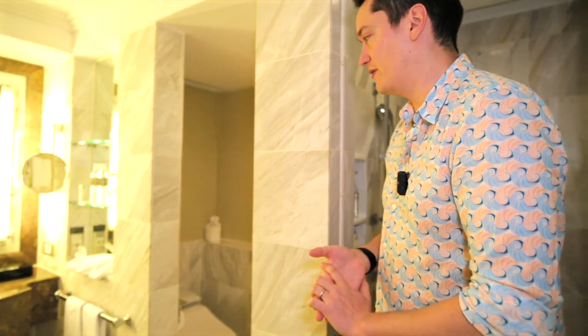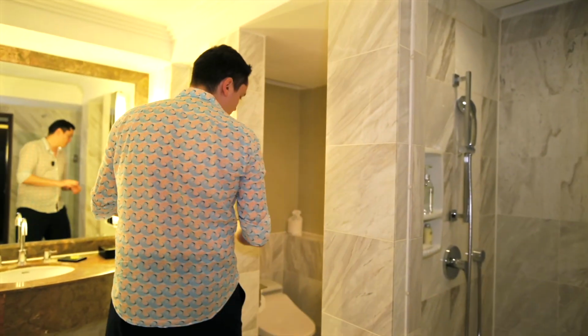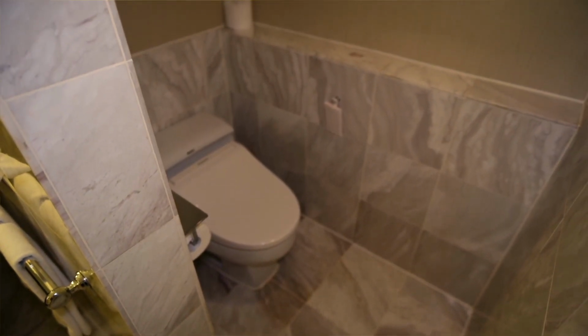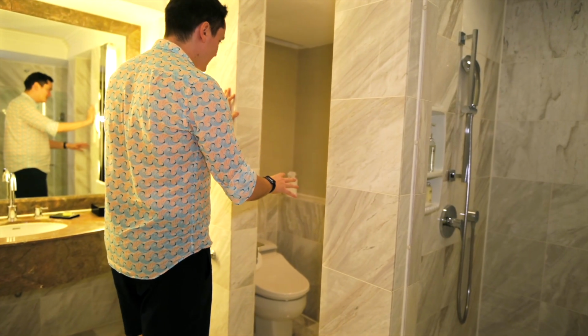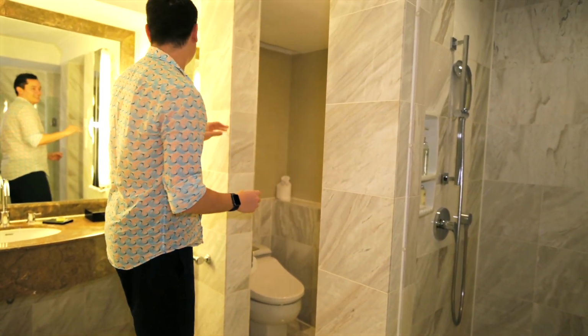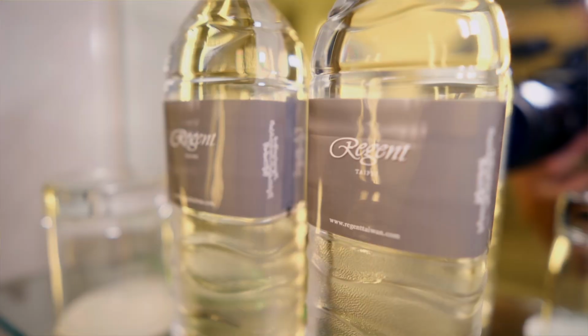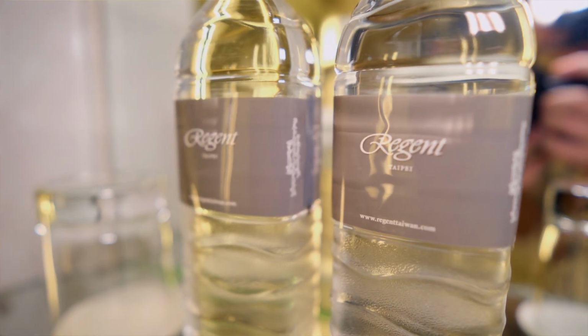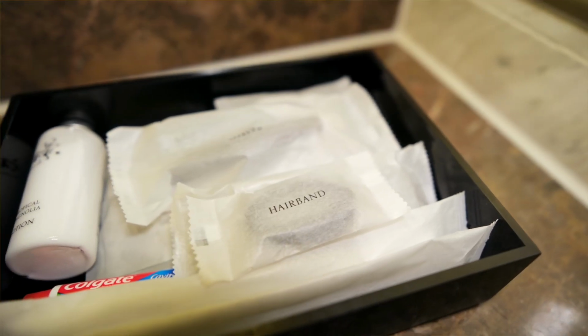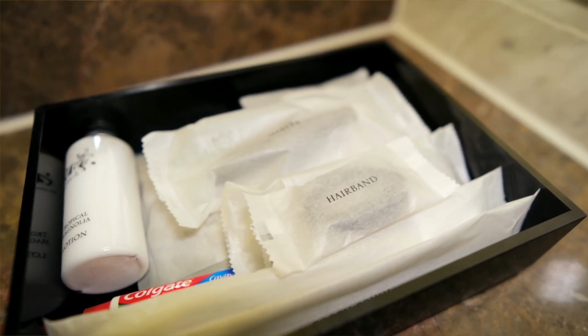We see that more and more with the hotels. You do have a Japanese toilet, so you have the bidet function and all of that fuss, which we always love. It looks a bit sad, the toilet room though, but anyway, you get some water, Regent branded, so that's nice. And there are also small amenities, so when we look inside of here, we actually have all the